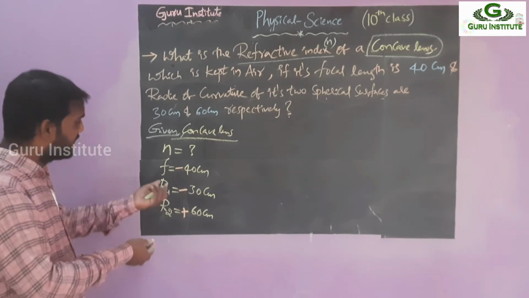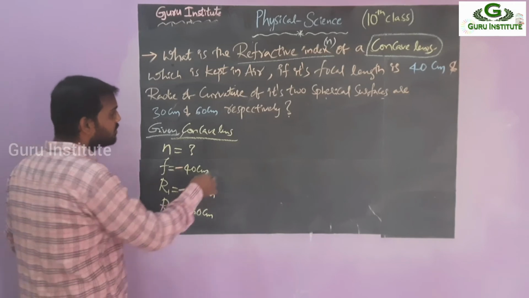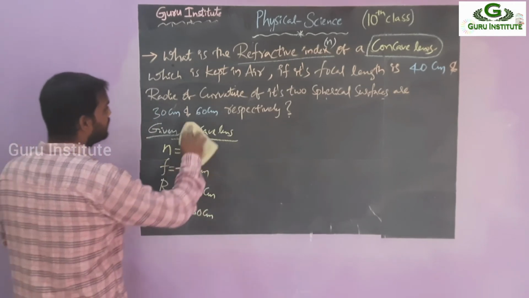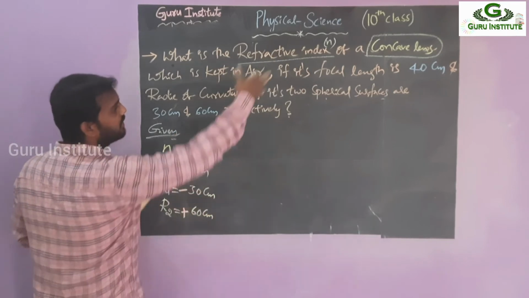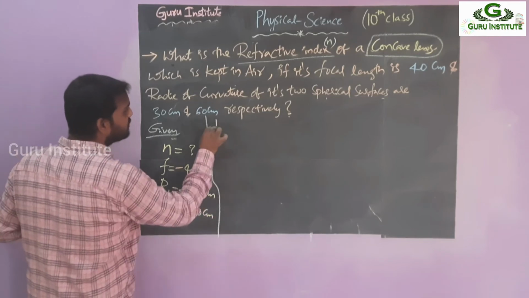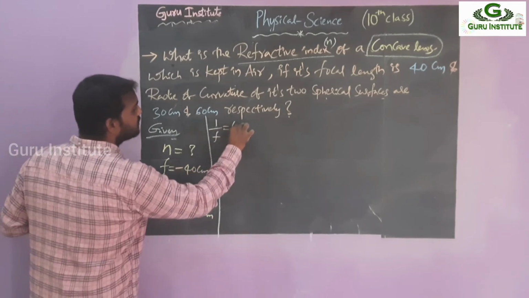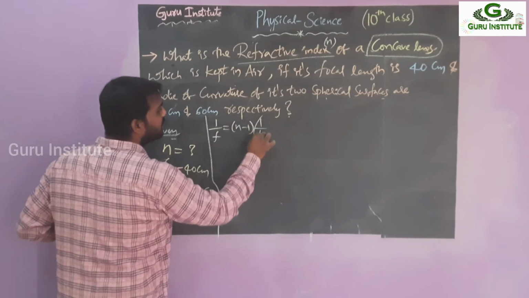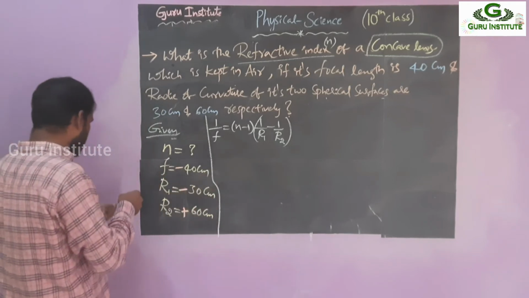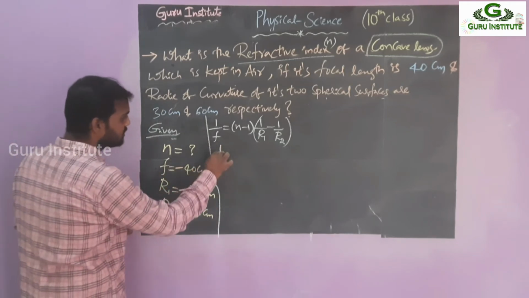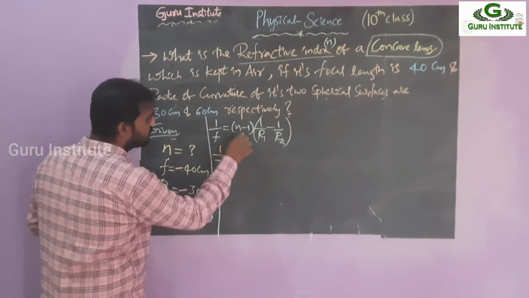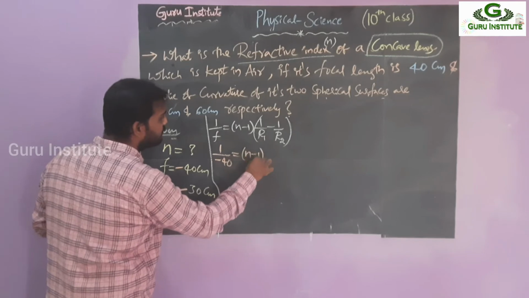Again, same to same. Sign convention formula you have to apply and substitute, you will get the answer. So, okay, in the previous it is a lengthy one. So this is a concave lens. Already we are there. So I am directly writing the steps here. That means formula: 1 by F is equal to (n minus 1) into (1 by R1 minus 1 by R2). Just apply the sign conventions carefully. Okay, don't get confused. 1 by F is how much? Minus 40. You can take minus 40 is equal to n, should be n only, minus 1.